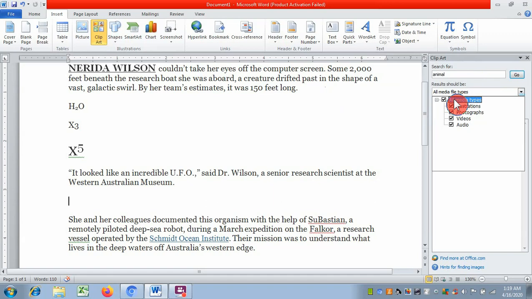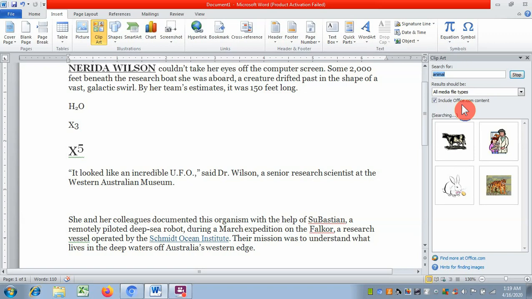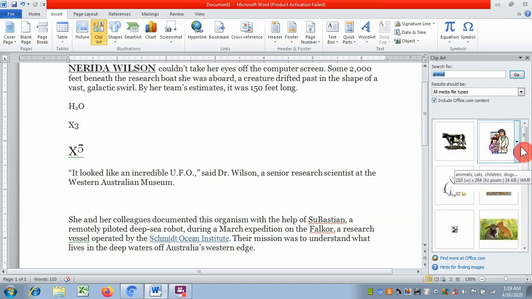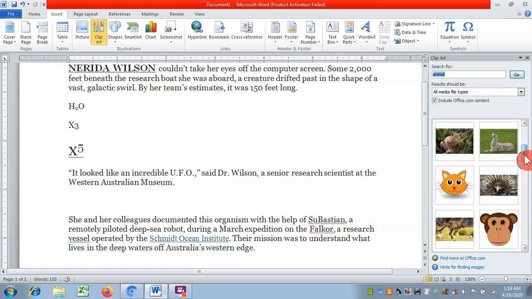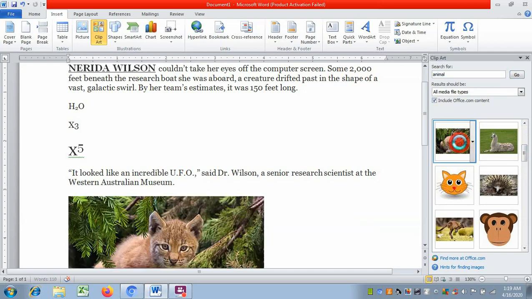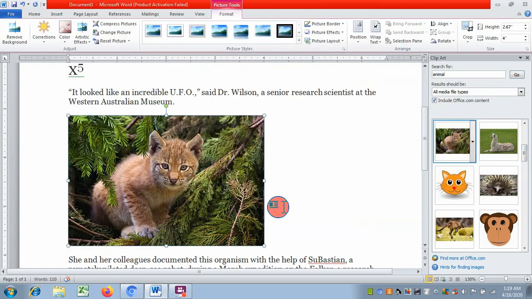Media type could be anything. Now you can see there are so many types of animals over here. Suppose I want to include this one, so double click and it will be inserted automatically.